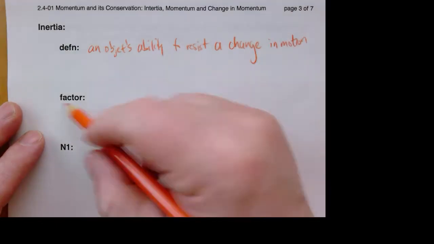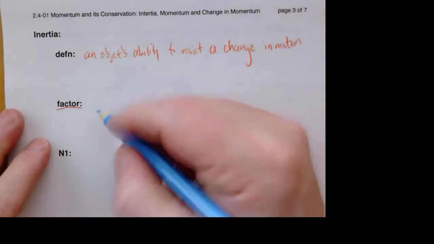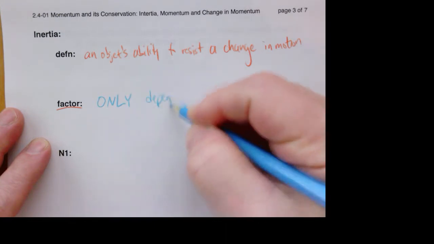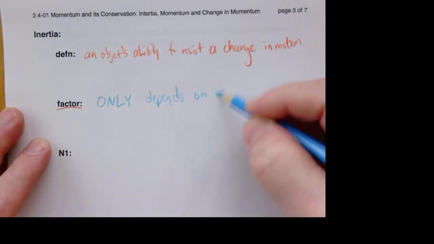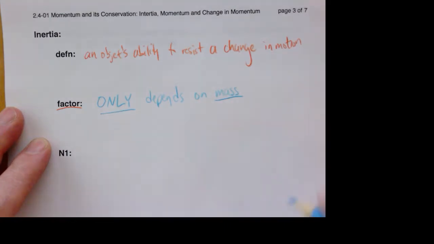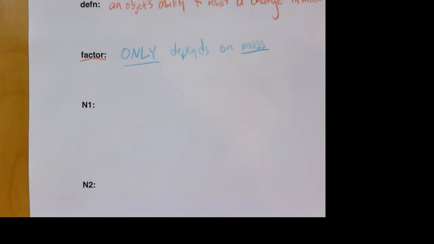The factor, the only thing that this depends on, and this is not obvious, it only depends on mass. Only mass. What has more inertia? Something with more mass. What has less inertia? Something with less mass. Now, the concept of inertia goes hand in hand with Newton's first law, which says